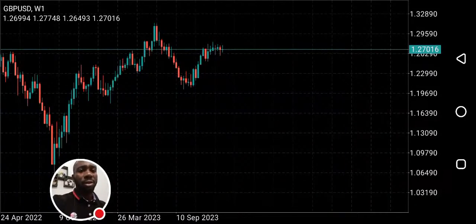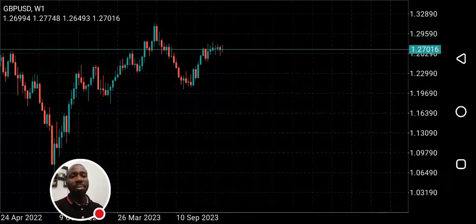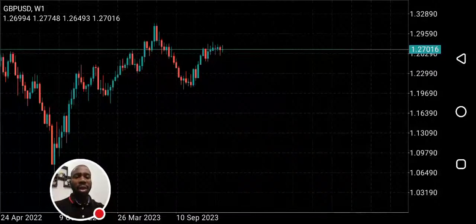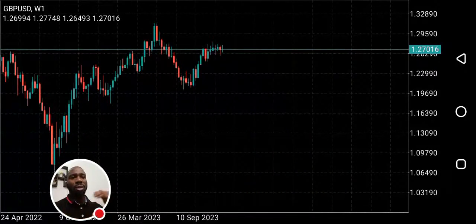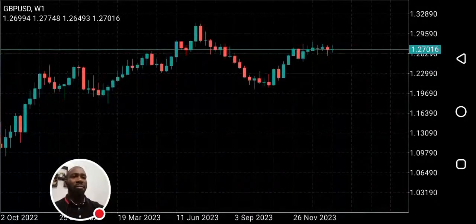As technical traders, we use price history, what price has done in the past, to determine what it will do in the future. So it is important that at the start of a new week, you look at what price did the past week. Then with that you'll be able to predict what is likely going to play out for the new week. Now, if you look at GBP USD,